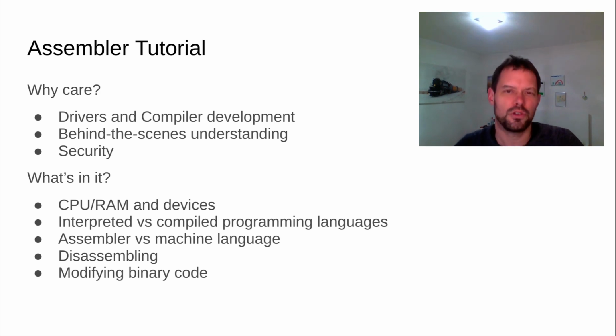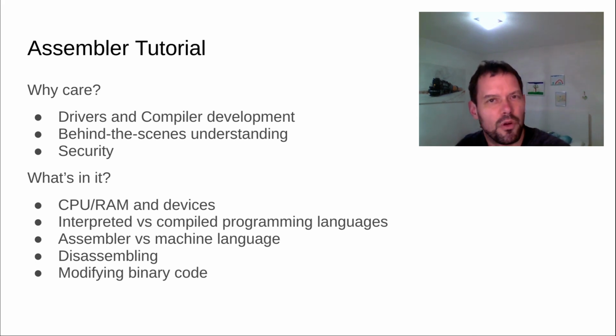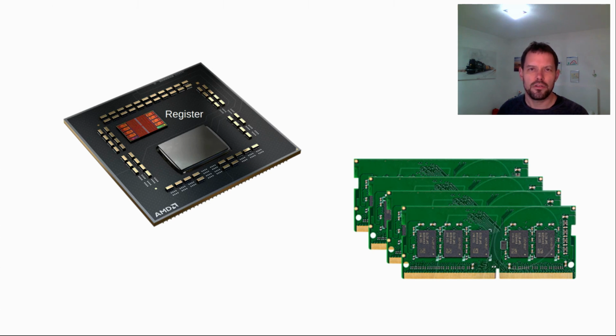So if you want, today we can discuss interpreted versus compiled programming languages, assembler versus machine language, and we will also take a look at disassembling a program with the tool objdump. And in the end, we will be able to modify binary code where we do not even have the source code available. If you open your computer, you will find a processor that looks like this here, and you will